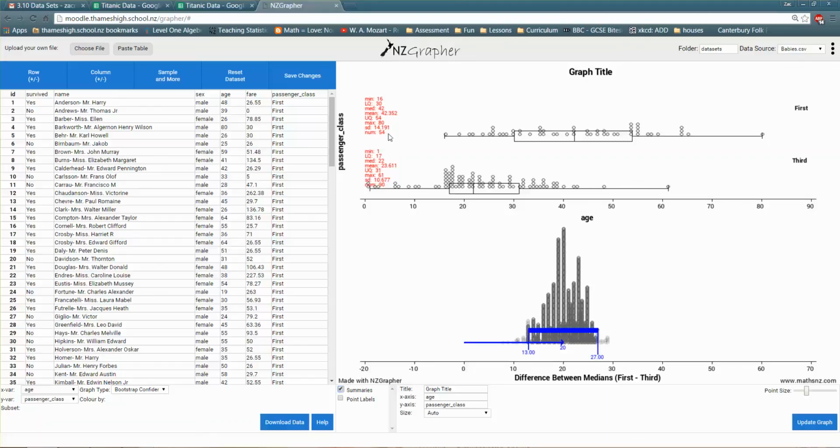then you'll be able to see the number of people in each group. So I can see that there are 54 people in the first class passengers and 90 people in the third class passenger sample. Okay, I hope that's helpful